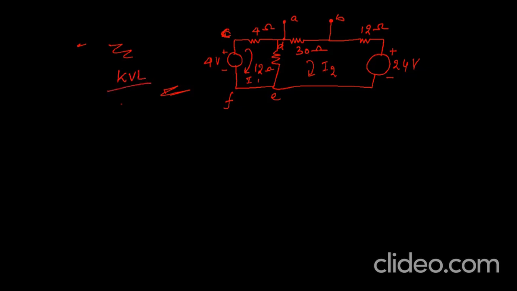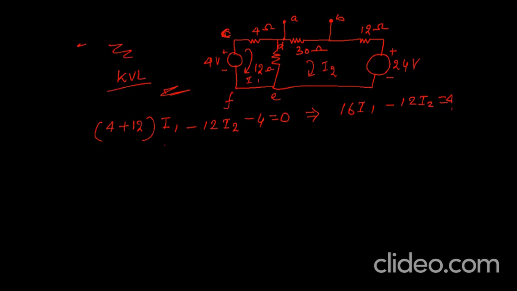So we will write this equation very easily. KVL will give us, so this 4 and 12: 4 plus 12 multiplied by I1, and this I2 is common, so taking it, minus 12 I2, and our entering point is negative, so you write negative 4 volt equal to 0. So just this equation we can write: 16 I1 minus 12 I2 equal to 4,